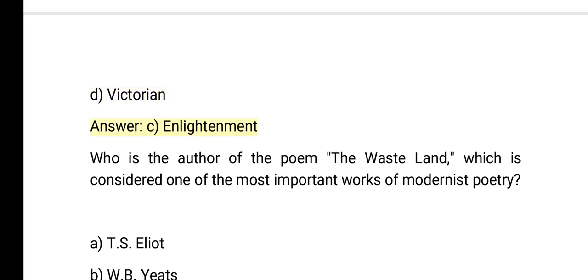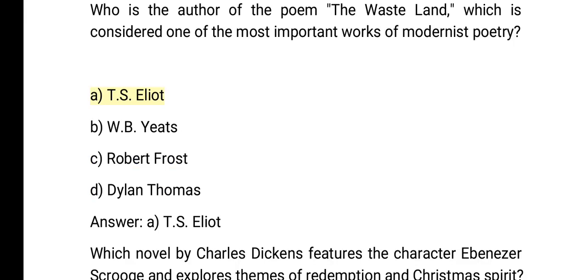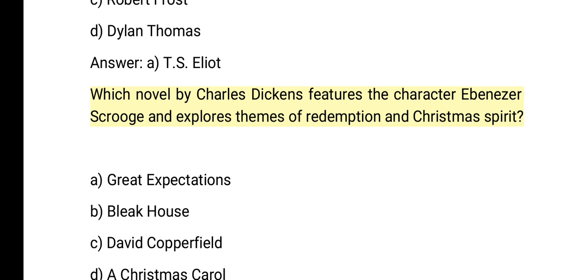Enlightenment. Who is the author of the poem, The Waste Land, which is considered one of the most important works of modernist poetry? A. T.S. Eliot. B. W.B. Yeats. C. Robert Frost. D. Dylan Thomas. Answer: A. T.S. Eliot. Which novel by Charles Dickens features the character Ebenezer Scrooge and explores themes of redemption and